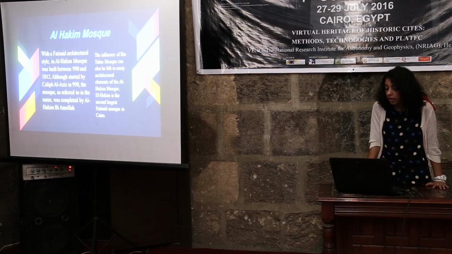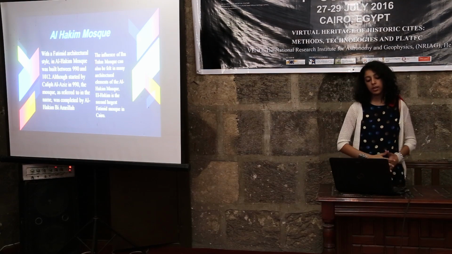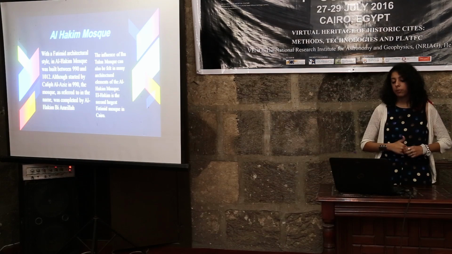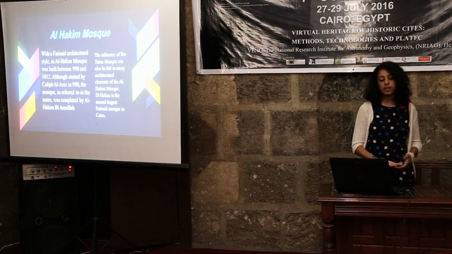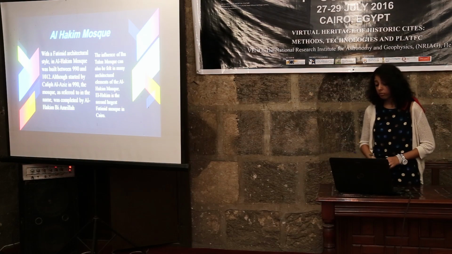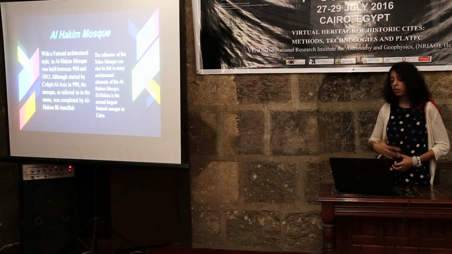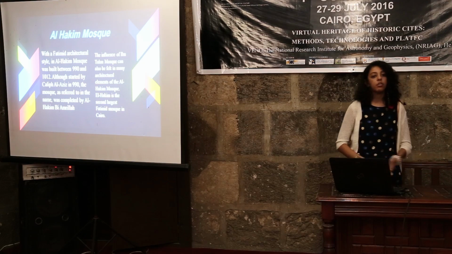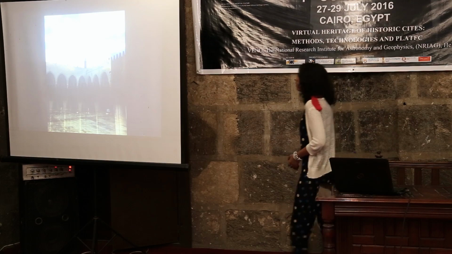Moving to Al-Hakim Mosque. It's a Fatimid architectural style. It was built between 990 and 1012. Although it was started by Khalifa al-Aziz, it was completed by Al-Hakim, and that's why it's been named Al-Hakim. It's also heavily influenced by Ibn Tulun Mosque, and you can feel the architectural elements in it. And it's the second largest mosque in Cairo. So here you can see